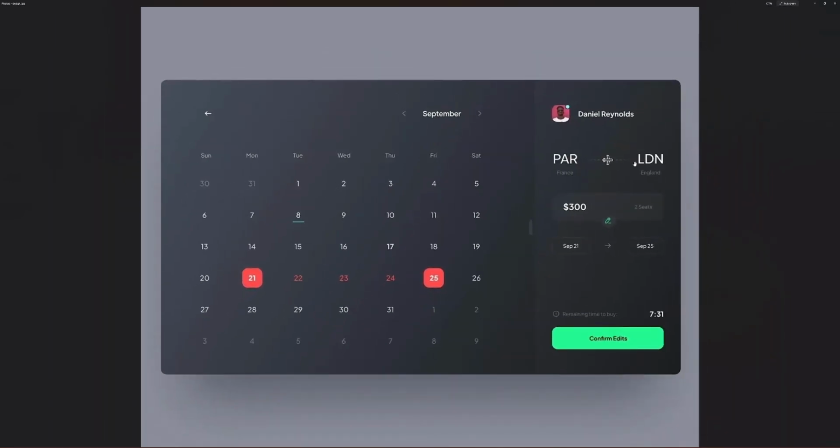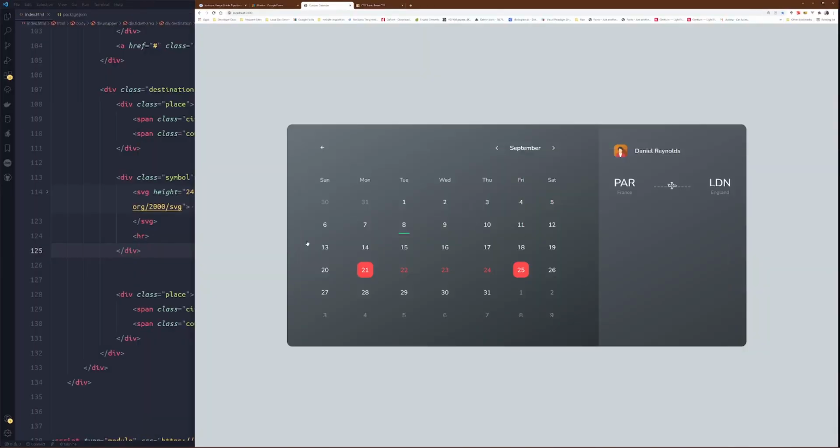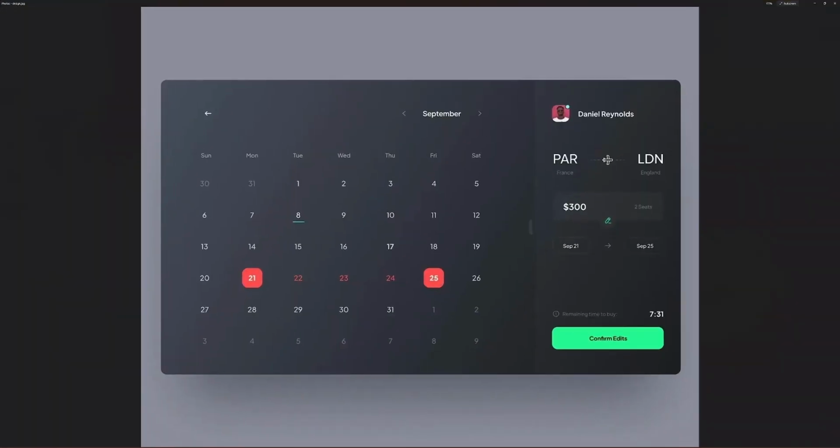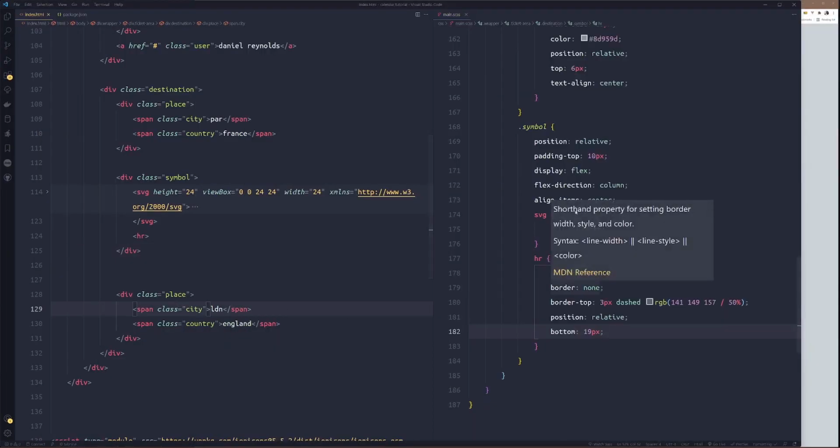So to achieve something like this, what we could do, in fact, this thing width is supposed to be a bit longer. Let me increase the width a bit to like 105.